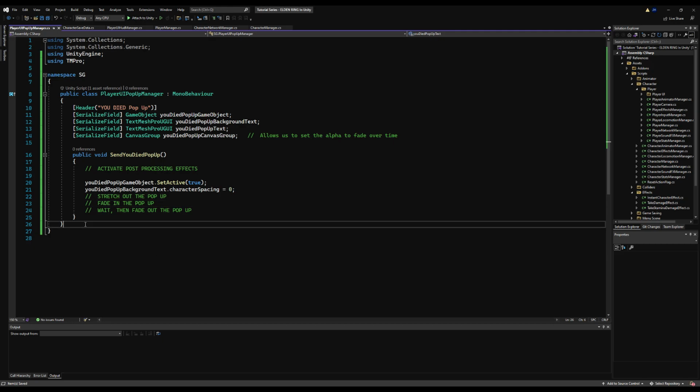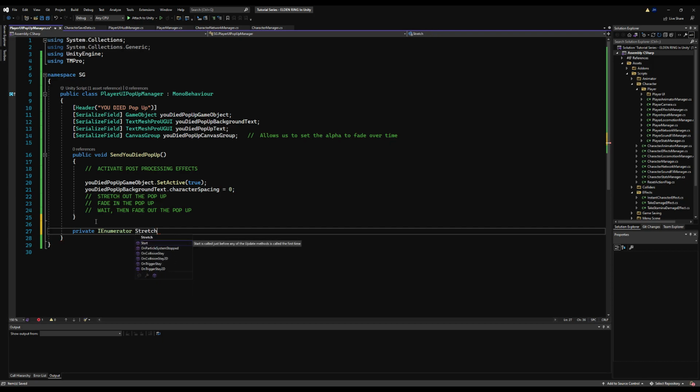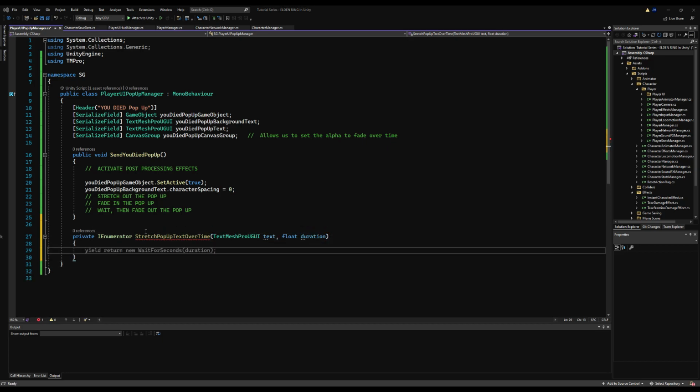Now, we can start writing some functionality. So we need 3 functions here, and 2 of them are enumerators. Actually, I think they might all be enumerators. So let's start by saying private enumerator, so coroutine, stretch pop-up text over time. Let's make it require a TextMeshProUGUI for the text field,